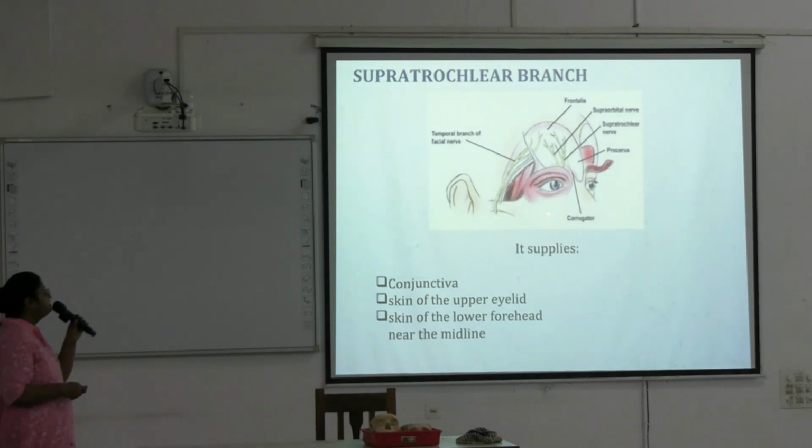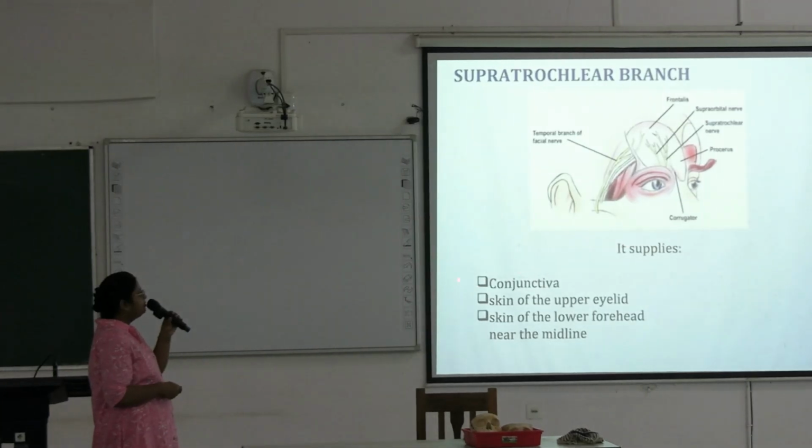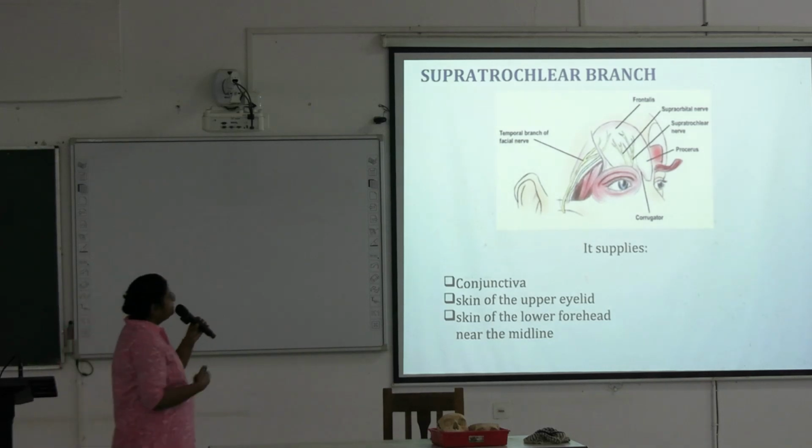Next, supratrochlear is the medial one. This one supplies the conjunctiva, skin of upper eyelid, skin of lower forehead and near the midline. Next